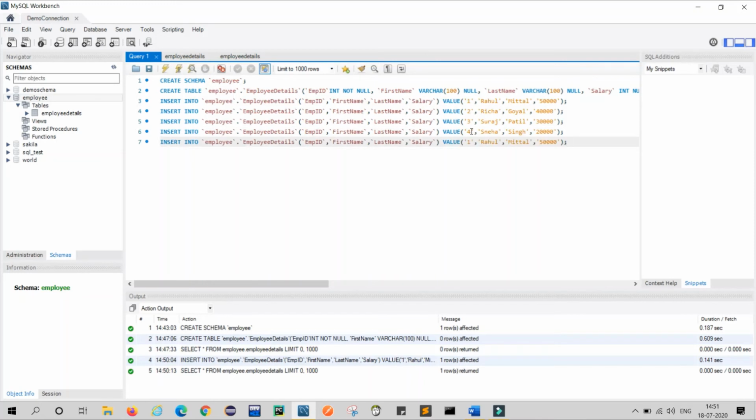Similarly, I will put one more line and provide the fifth data, and it should be Pankaj Srivastava.